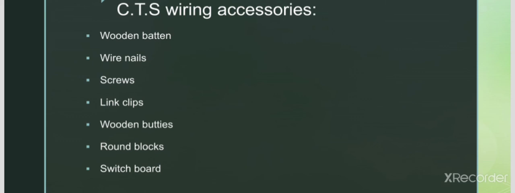Coming to the switchboard, generally all the switches, sockets, fan regulators and holders are fixed on switchboards, which are made of quality wood and are fixed by means of screws to the gutties already provided in the walls. They are available in different sizes like 10 by 10 centimeters, 10 by 20 centimeters, 15 by 15, and 20 by 15 centimeters. Nowadays they are provided with different colors of sheet for attraction, and we can find a number of switchboards with different colors.